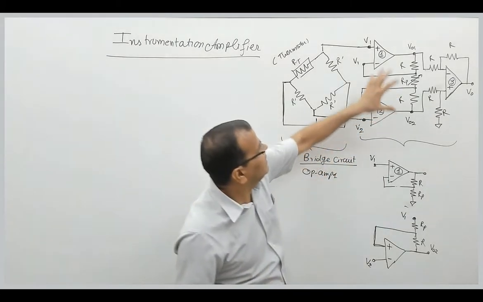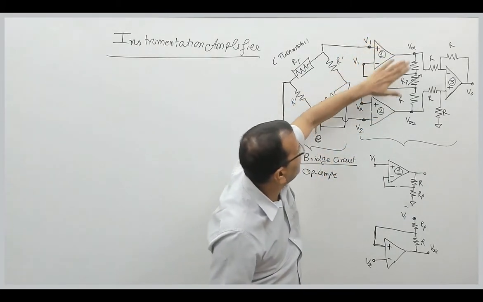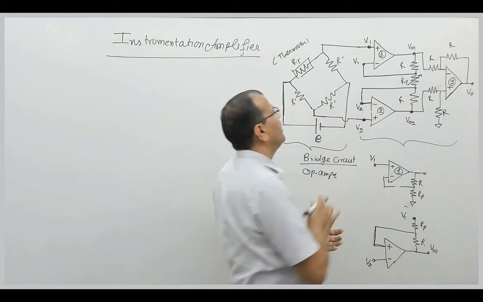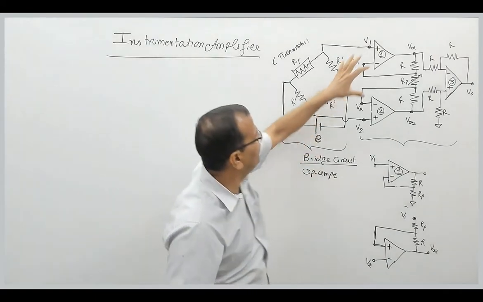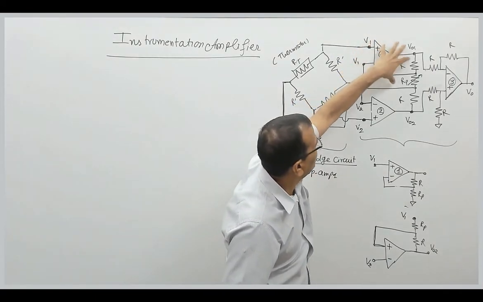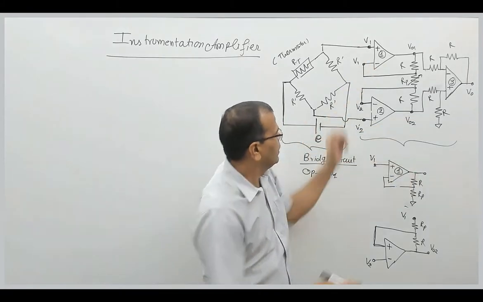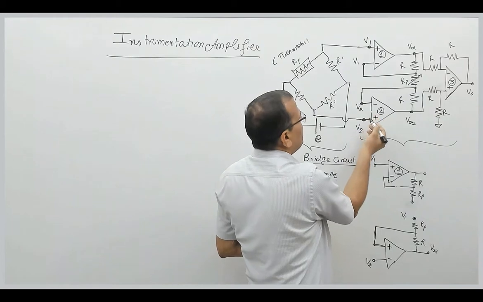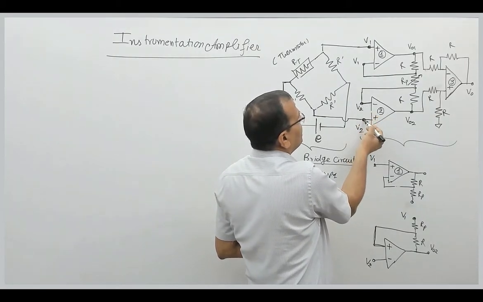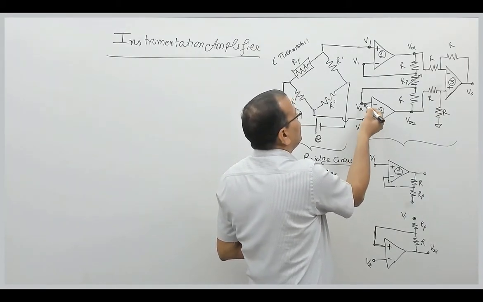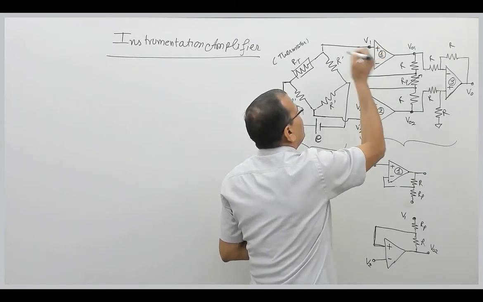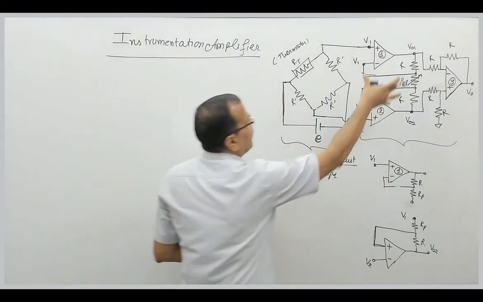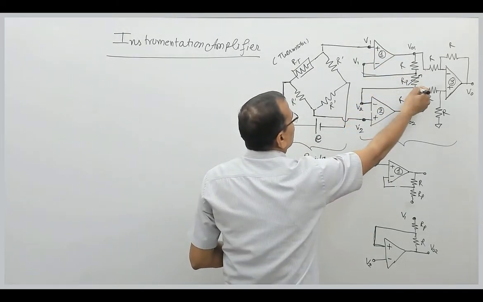Let us see this carefully. This is one non-inverting configuration. This is another non-inverting configuration like this. Fine. So let us see this part first. I have drawn this part separately here. You can see that for the op-amp, the voltage at the inverting terminal is the same as at the non-inverting terminal. So if it is V2, this will be V2. Similarly, if it is V1, it will be V1. And that voltage is the voltage here. So the voltage at this node is V2.